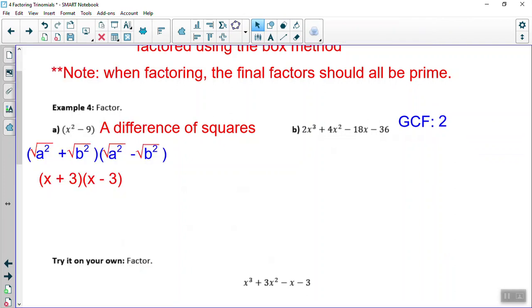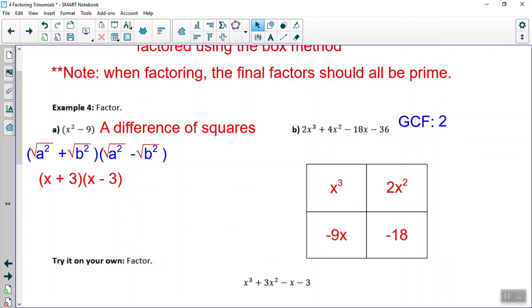All right, so now we're going to divide each of these by 2. And when we do, this is what we end up with. So 2x cubed divided by 2 is x cubed. 4x squared divided by 2 is 2x squared. Negative 18x divided by 2 gives me negative 9x. Negative 36 divided by 2 gives me negative 18. All right, now that we've done that,